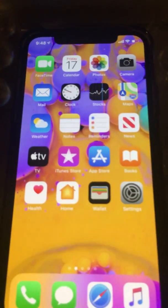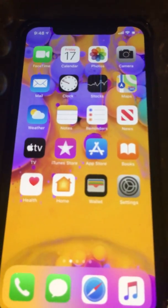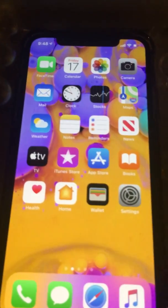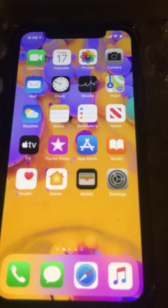Okay. All right, so now we are in my phone, and this is my home page. I don't like anything at the bottom of the screen, so that's why there are no apps right there at the bottom. So of course we just have the FaceTime, the calendar, the photos, and the camera, my mail, and I